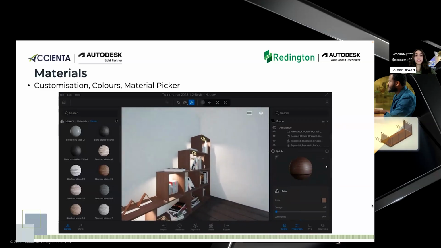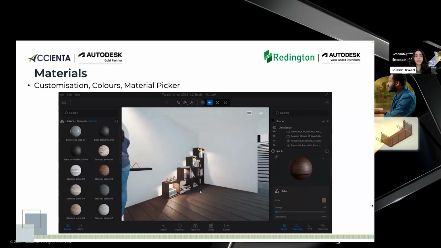And here we are. I'm just gonna drag and drop it to the shelves that we have right here. And as simple as that, we have our materials reflected on whatever elements we need. Now, if we go next